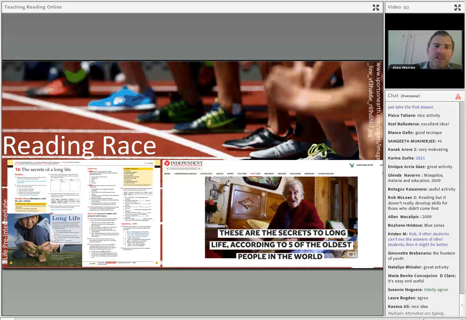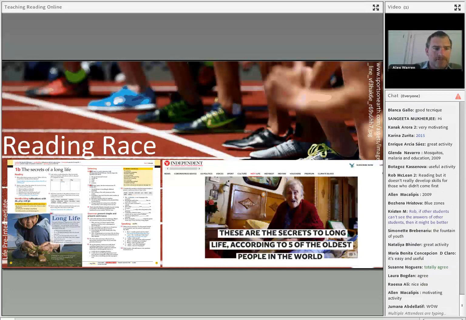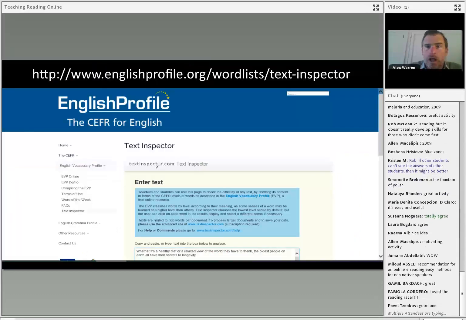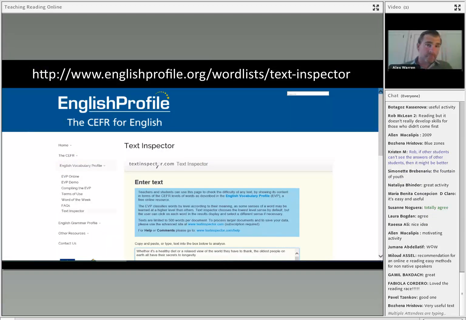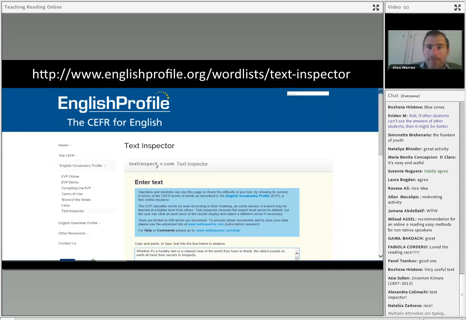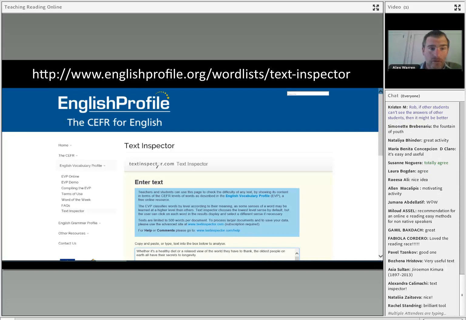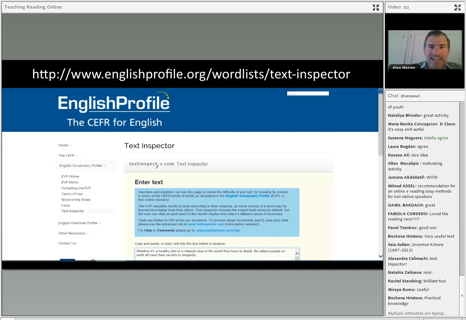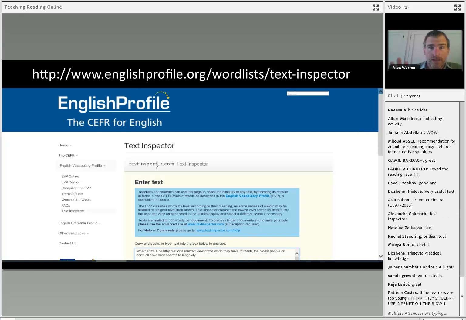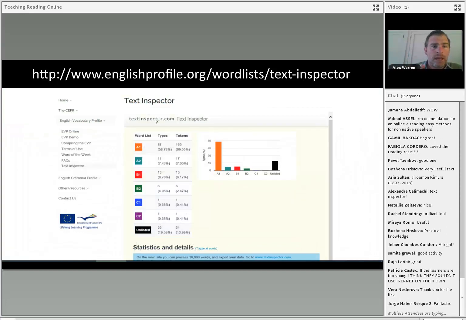And one way you can check a couple of those things is to use the English Profile Word document checker. So this is a really nice website where you can go in and copy and paste a text into it to make sure that it's the appropriate level. So you paste in your text. It can only be a maximum of 500 words. Okay, 500 maximum. And then it analyzes every single word in the text